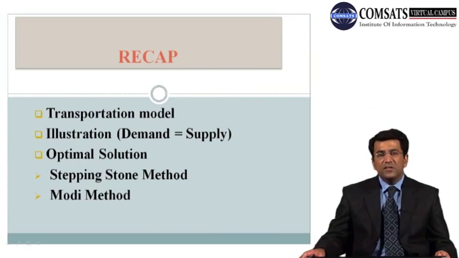Then the other method is the Modi method. What we do in the Modi method, after finding the initial cost, is find the shadow cost for the different unoccupied cells. For that purpose, we take U1, U2, U3 for rows, and V1, V2, V3 for columns, and find the different equations. You can put the value of any one variable in these equations equal to 0, and find the values of the other variables.